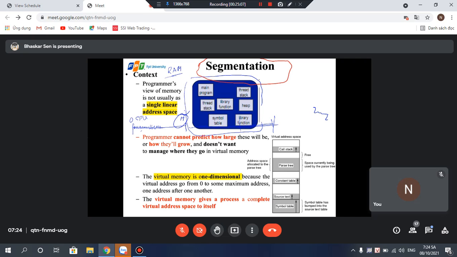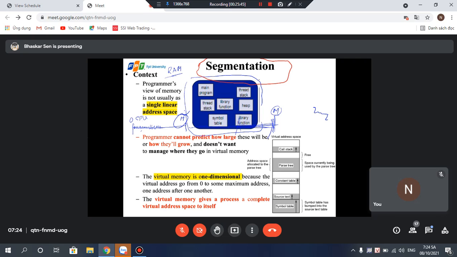And for that, the CPU must generate the address, must cover the entire length of the program through the address space that ranges from 0 to M. Now, if M can't cover some part because M is just too short for this program, it can't be generated. So if it can't be generated, then that program will never run, because it doesn't have an address space. So how can it run?